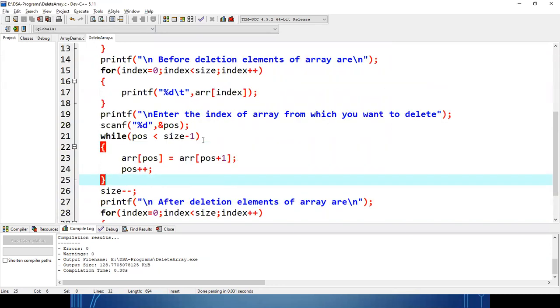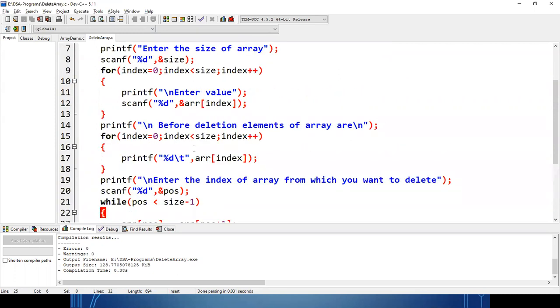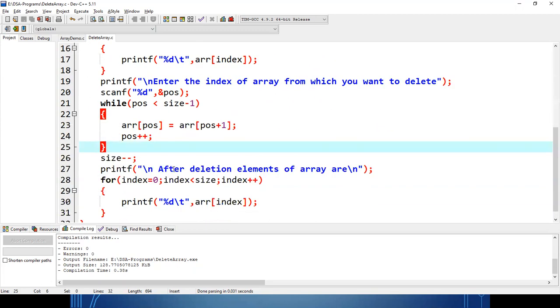We can also delete the element by providing the element directly. But there you have to search the value where it is present. As we have not implemented any of the searching algorithm, so that's why I am not going for that kind of program. Once our searching program will be over, we'll implement the deletion program again by using searching mechanism. Okay, so hope everyone has understood how the deletion program we have implemented.